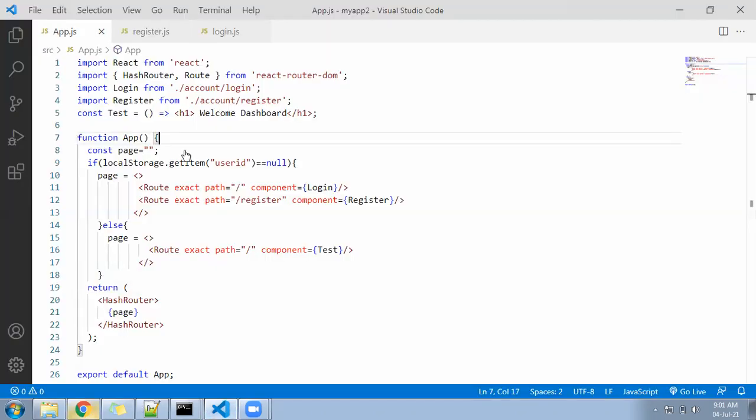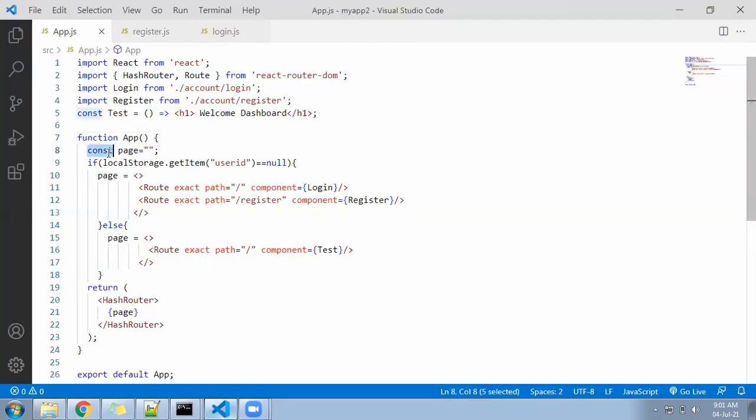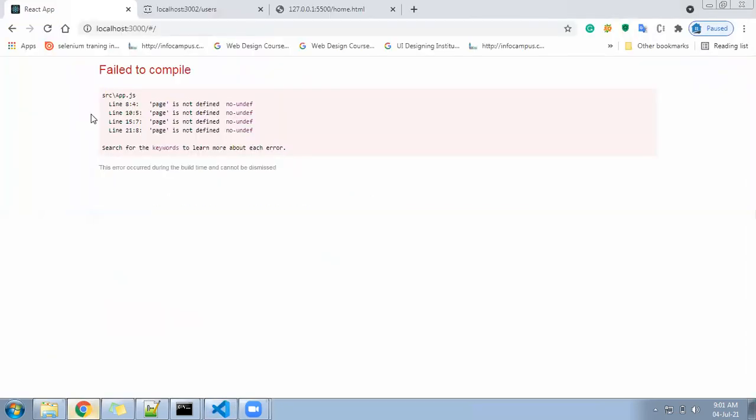So some error also: assigned to constant. Okay, no problem. It is saying you have made it a constant, so why are you reassigning? No problem, I'll keep it as a var. Okay, var, and we are printing the var here. Page is not defined. Wait.